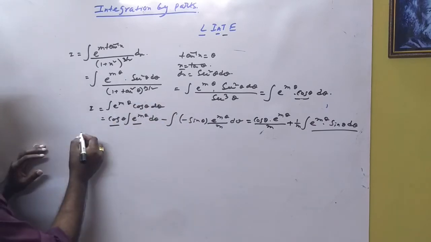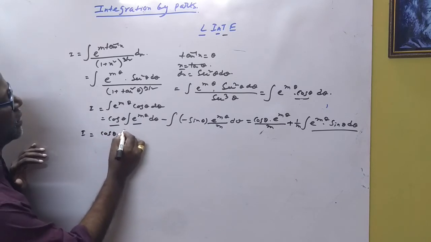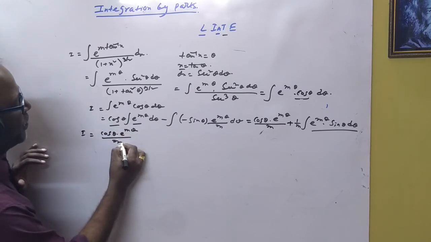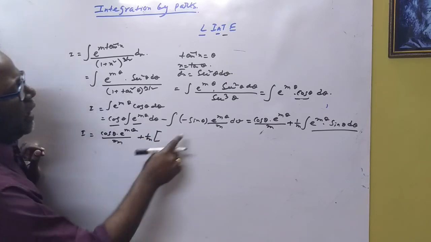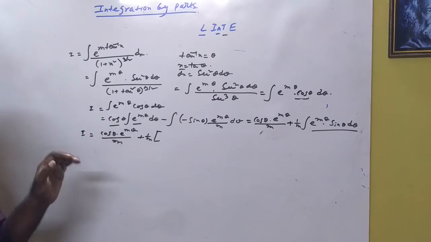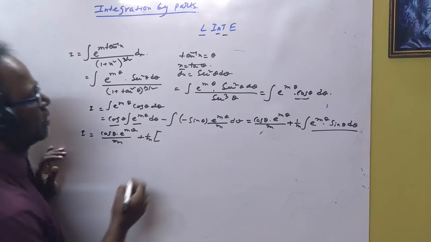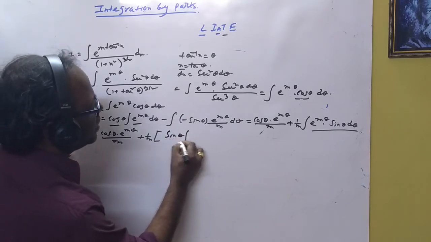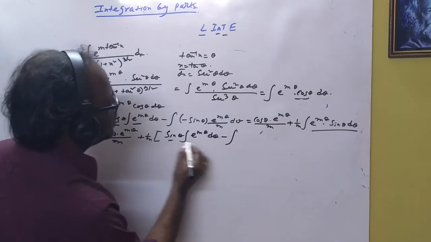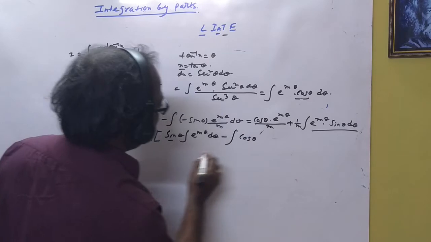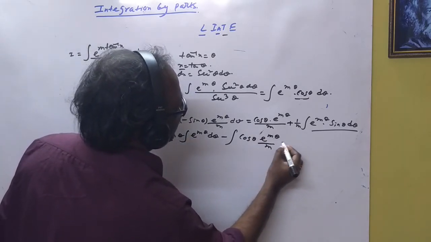So again I use the formula integration by parts, that is 1 by m. So first of all you have u as cos theta. So we can take sin theta as the first function. It will be e to the power m theta d theta. Again differentiation of this is cos theta, we get cos theta, and the integration of that here will be e to the power m theta by m d theta.